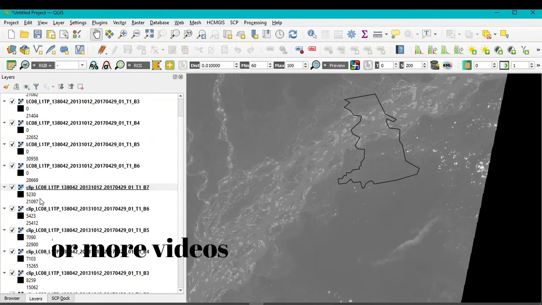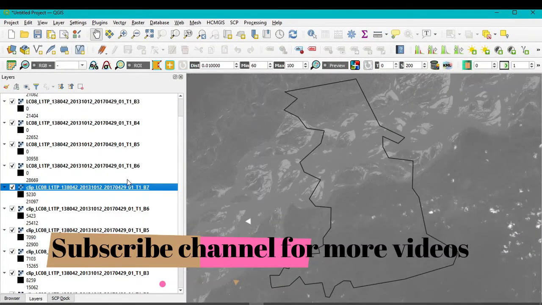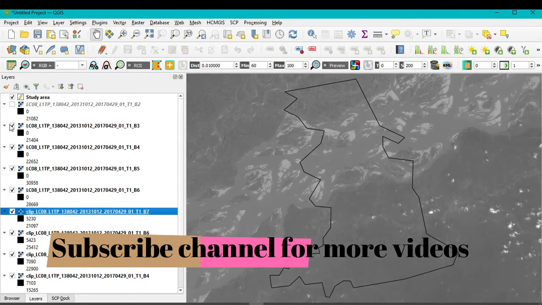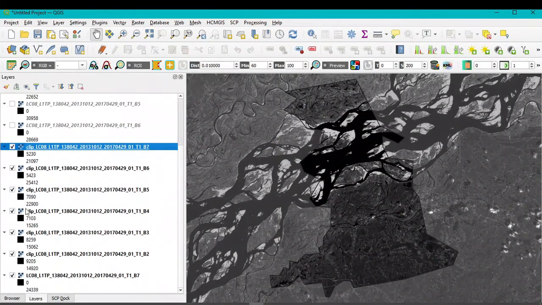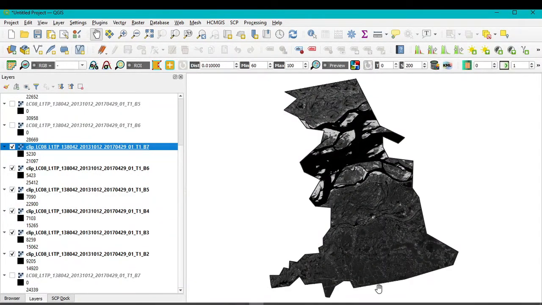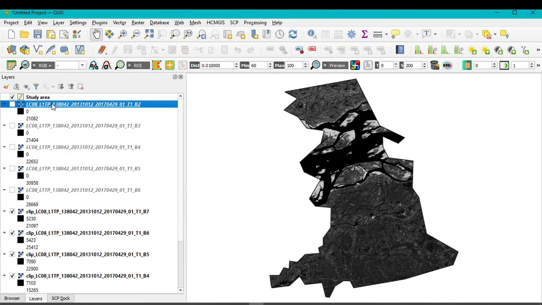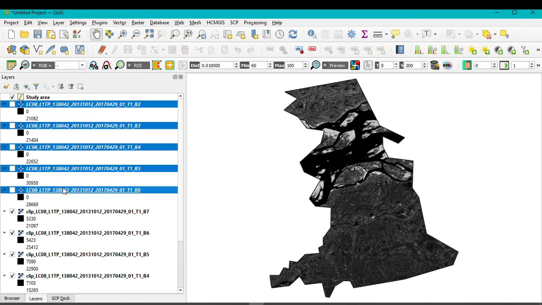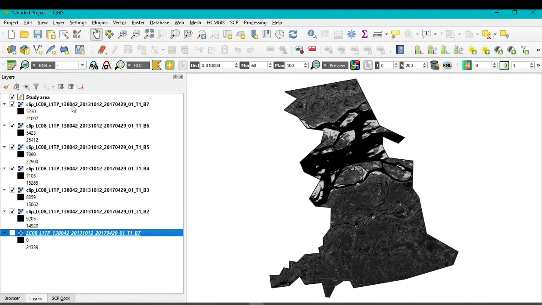So you can see here, if I just click here and click on zoom to layer, and if I hide this, you can see only my clipped area. So further, no need for this band. So I will remove all of these bands. So you can see only the clip bands.